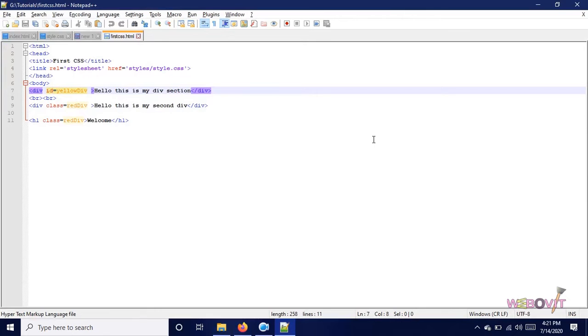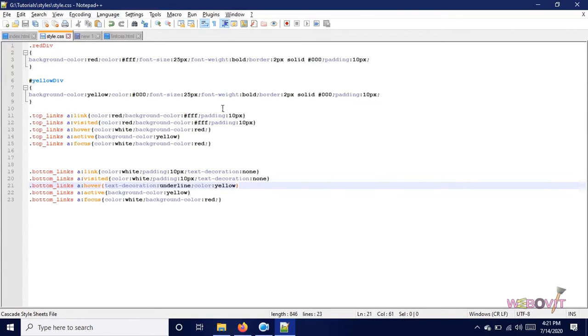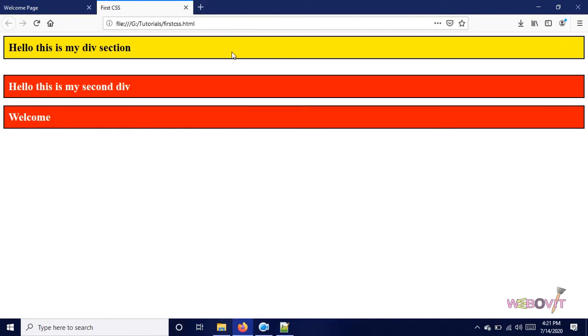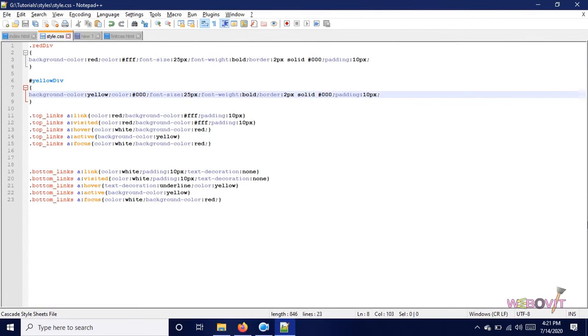I already have the ID yellow div, and the ID is represented by hash. If I bring the mouse over it, we have the normal cursor. I could change the style of this cursor as well. So suppose I give cursor: pointer.